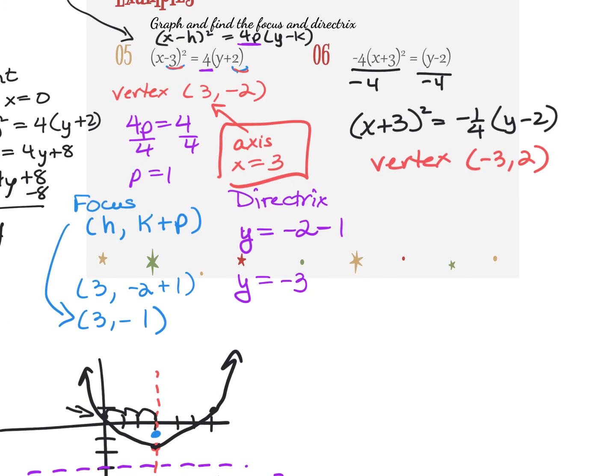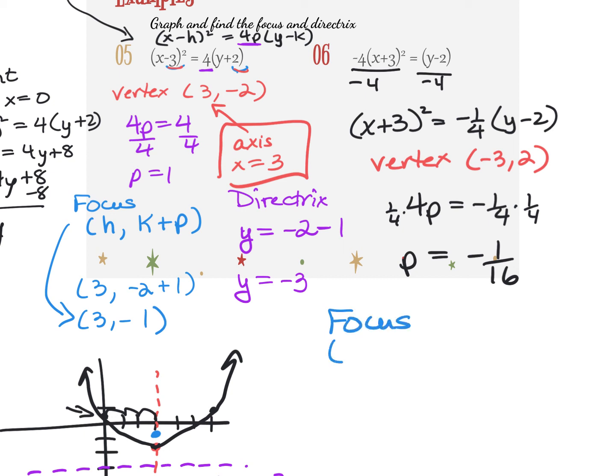To find my p-value, I'm going to set 4p equal to -1/4. I'm dividing both sides by 4, which is really multiplying by the reciprocal. So my p-value is -1/16. So this tells me it's going to be a sad parabola because it's a negative p-value, so it'll be pointing downward. Now, to find your focus point,